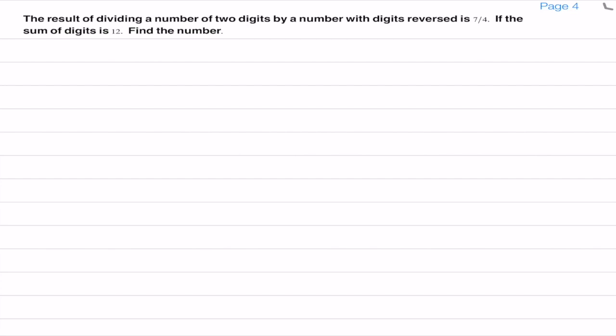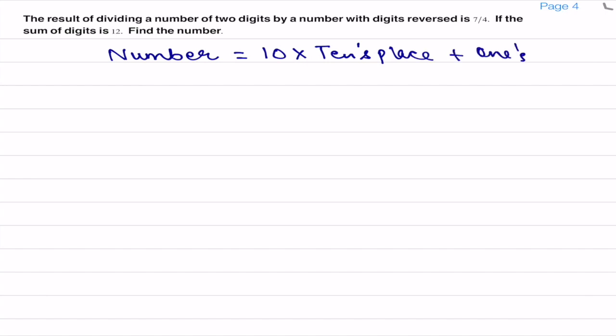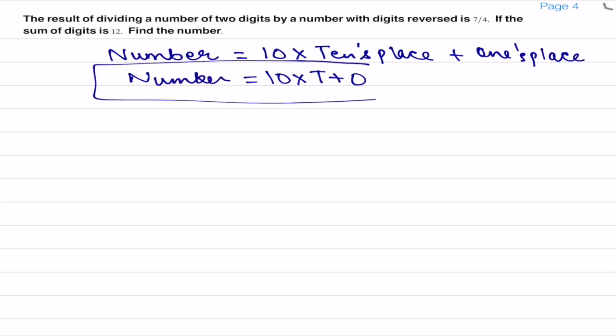So here first we have to consider, they say two-digit number. Two-digit number children, in two-digit we know there are two places, ones place and tens place. So we have to suppose it in the same way. Whenever two-digit problems comes, you have to remember the formula for making a two-digit number. The number is 10 into digit at tens place, T means tens place, plus digit at ones place, or somewhere it's written unit place. Unit place or ones place is same thing. So this is a formula to make a two-digit number. So please always remember this formula.